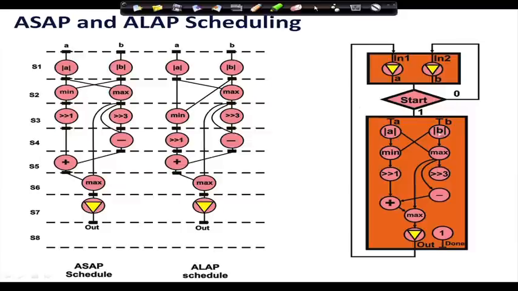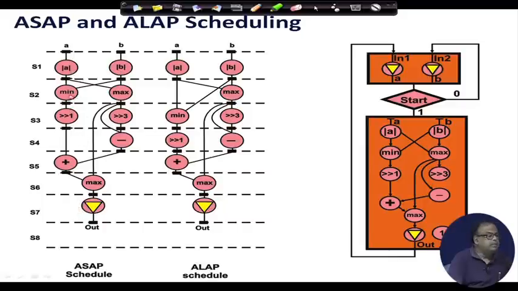You see, I have got the A, and these are my control steps. All these dotted lines are my control steps. So, I am doing the absolute computation here, both of them. Now, B is dependent on min only, min is dependent on B and A. So, min can be done, max can also be done. Shifting of 1 is dependent on min. So, as soon as min is done, I am scheduling this here.